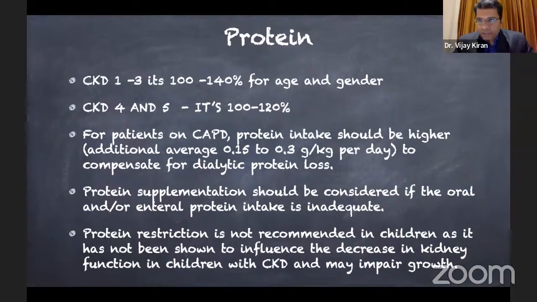And as the CKD stage progresses, it is 100 to 120%. The routine low protein diet, which we usually follow in adults with chronic kidney disease, especially in diabetic proteinuric chronic kidney disease, to retard the progression of chronic kidney disease, is usually not followed in children, because here we are not only aiming at renal health, we are also aiming at the general health and the nutritional and height